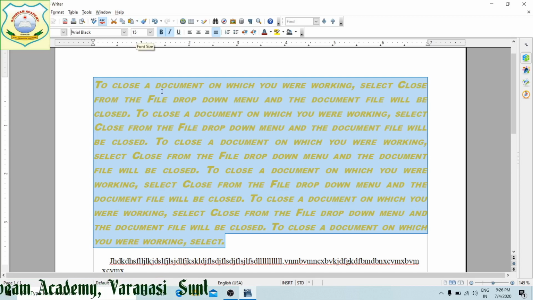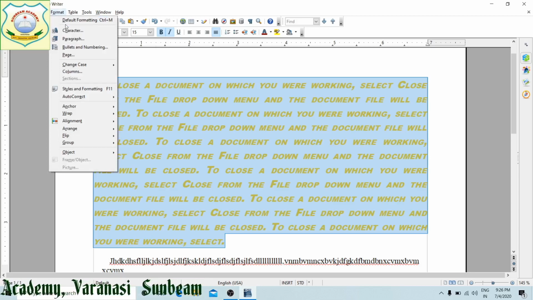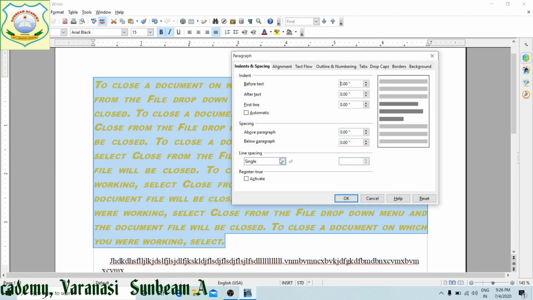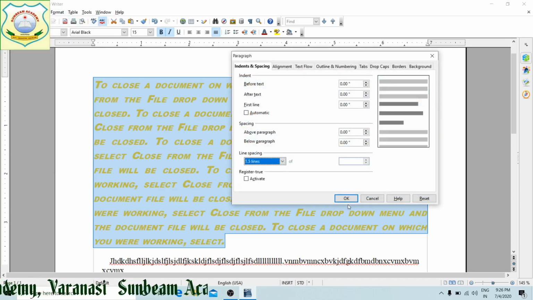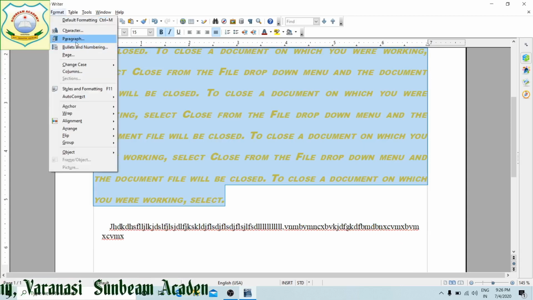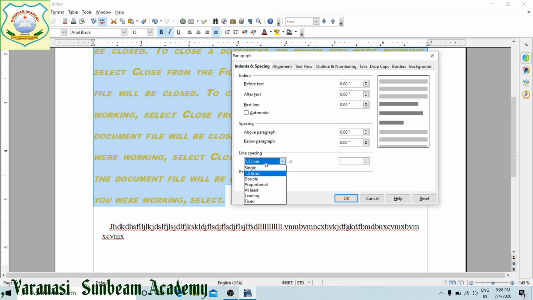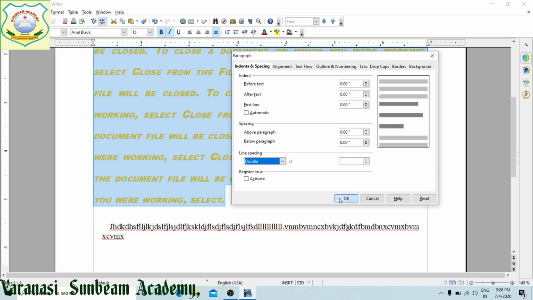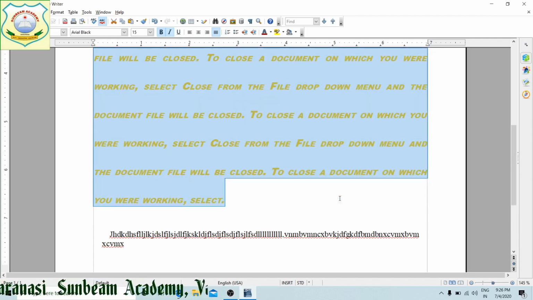This distance I am telling you, not the font size. The distance between these two lines is 12 points. If I take 1.5, it will become 18 points. If I take double, it will become 24 points. These are the different types of line spacing.